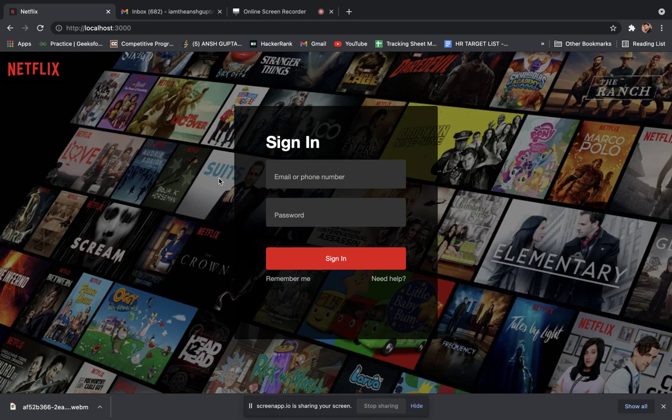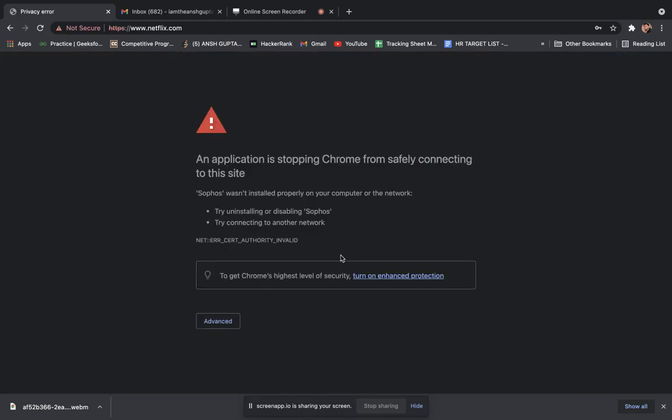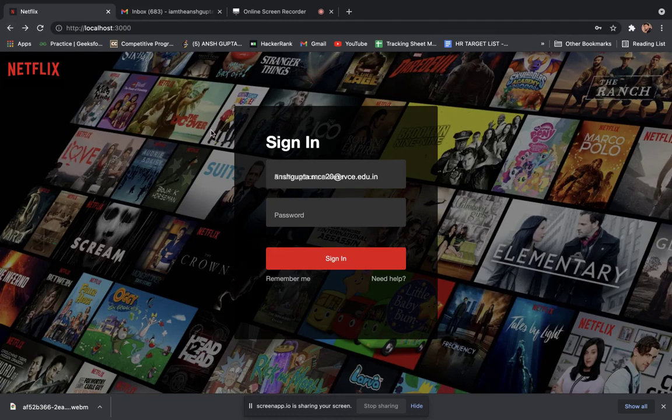So to demonstrate things, I'm going to enter my email address here and my password for Netflix. For demonstration purposes, I'm using "network security" as my password, and I say sign in. Oops. So this is what usually happens. This is what actually happens. When we try to log in on a phishing page, it will not actually redirect to the correct place that we are going to, because that is a fake page.